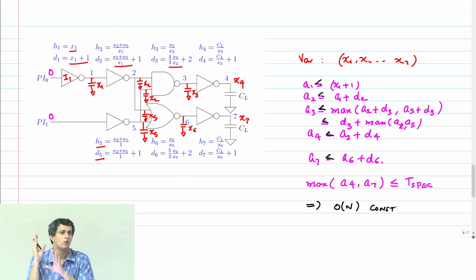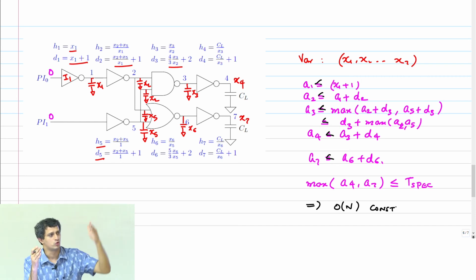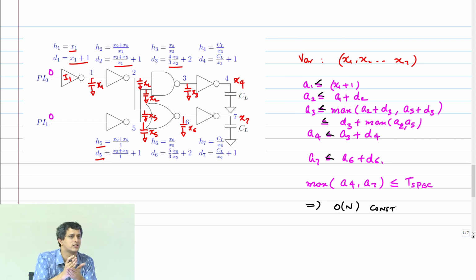Right? So this is how you take what we did in this module for toy examples of path delay and apply it to actual circuits. Your EDA tools which do timing optimization, right? You do synthesis, you get the logic circuit. Then you have to make sure that the logic satisfies timing. How does it do it? It does it exactly like this.